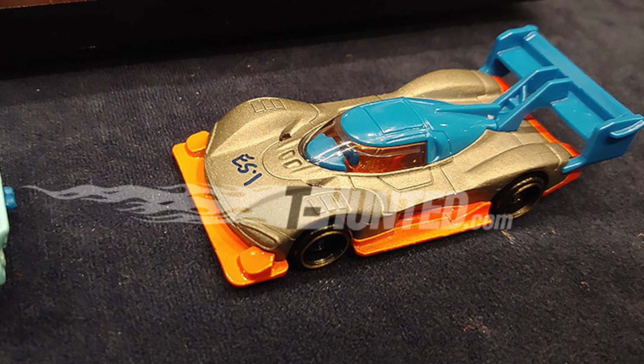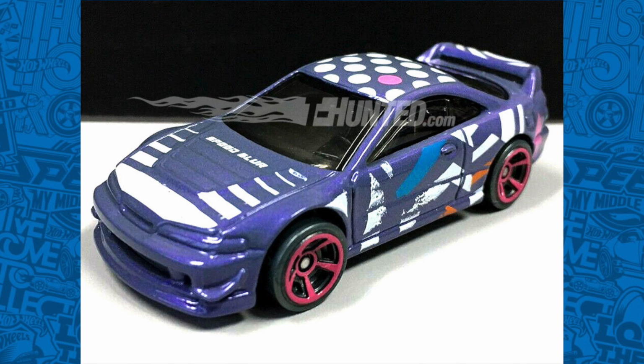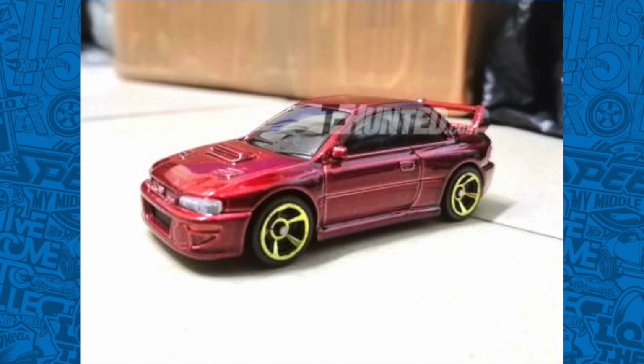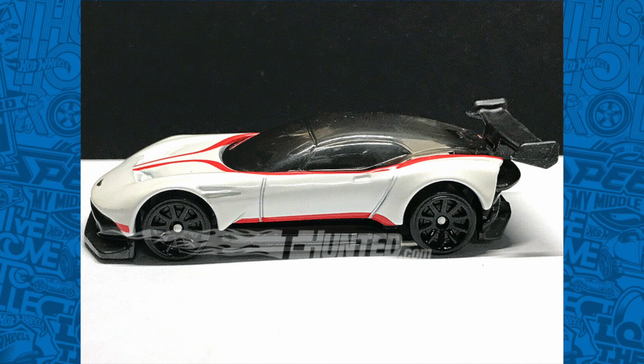Stay tuned for an upcoming video on more information on the release of these cars. Some other new upcoming mainlines include a recolor of the Ford Ranger Raptor, the Acura Integra GSR, 2018 Ford Mustang GT with the Borla, a recolor of the Subaru WRX 22B, Pontiac Trans Am, a really nice looking white with red trim Aston Martin Vulcan,